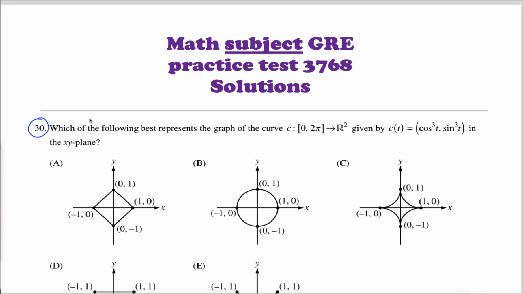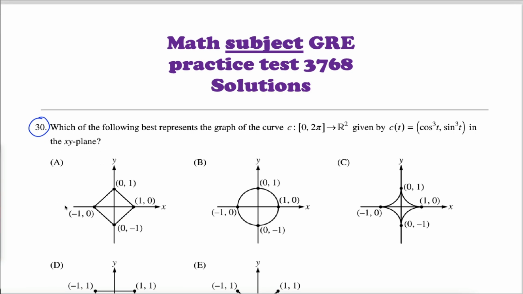All right, question 30 on the math subject GRE practice test. So I'm starting to suspect that the test makers felt bad after asking 28. Maybe they knew they gave students a question that would take too long, so they made 29 and 30 fairly straightforward. The idea on 30 is we're just going to map the points from 0 to 2 pi onto the